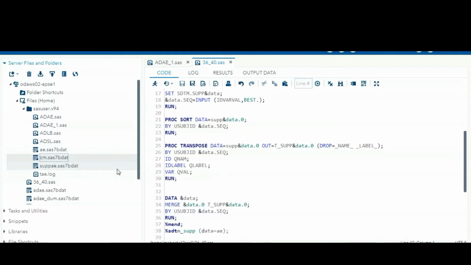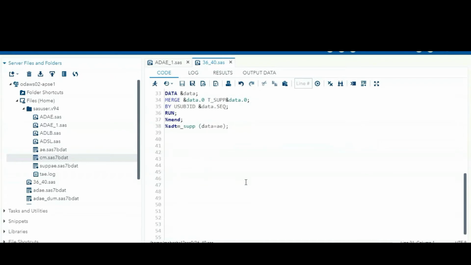This is the actual question, question 36, that interview people will ask you. You can macrotize the program, and that is a good thing. But how can you handle it if the supplementary dataset is not present, using this macro? The standard macro can be used for any dataset. If the dataset and the supplementary dataset are both there, it does the transposing and merging and gives the dataset at the initial step.